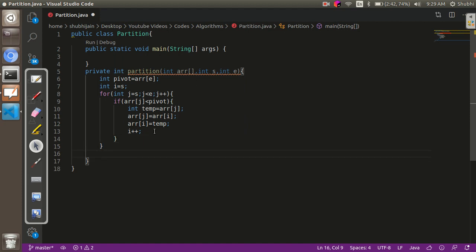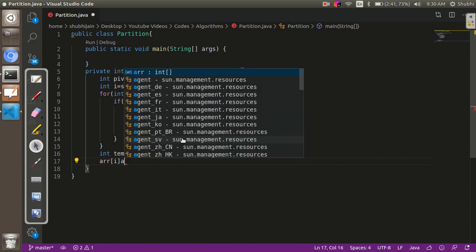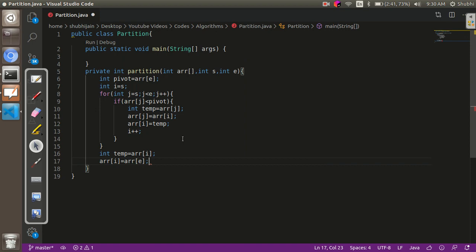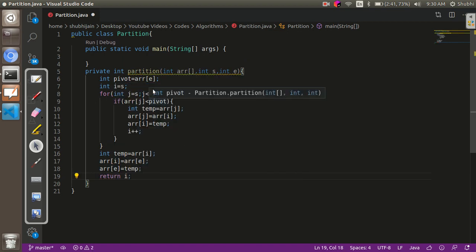Now once I have traversed my array, I will have that index where the pivot has to be added. So now I'm going to swap the element at I with the last element where my pivot is currently residing. And I'll return the pivot index.